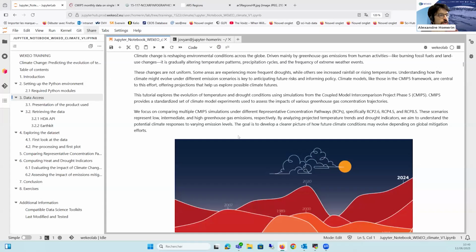As I've mentioned, in this tutorial we are going to see the evolution of temperature and droughts. For that, we are going to use climate simulations, which I'm going to present in the next section. The simulations will follow several different scenarios. If you're already familiar with climate science, maybe you're familiar with the term RCP, which is a representative concentration